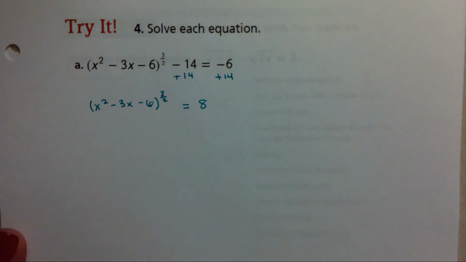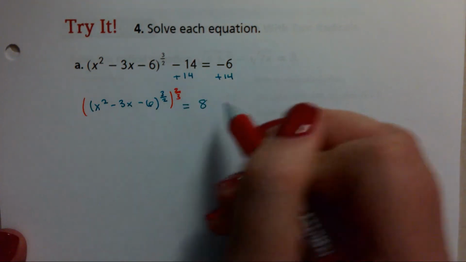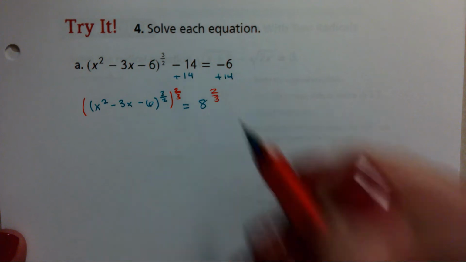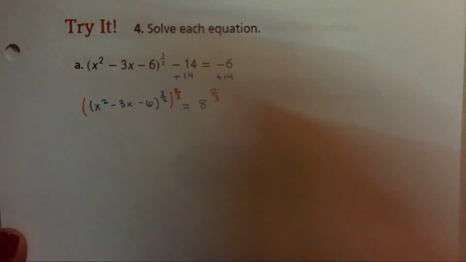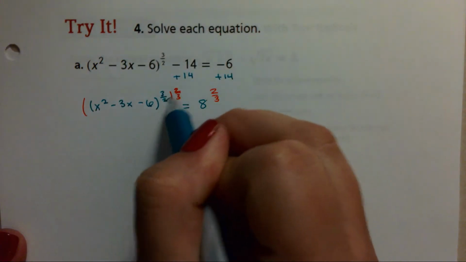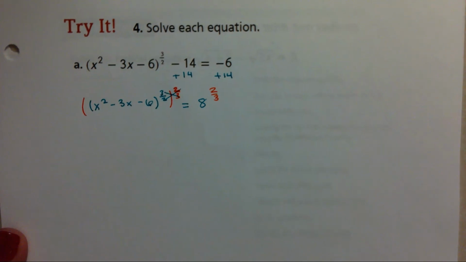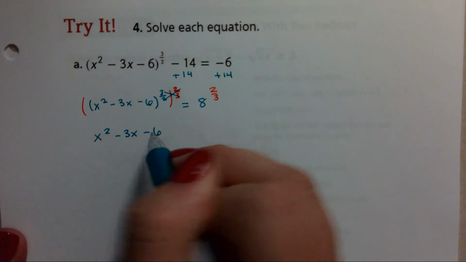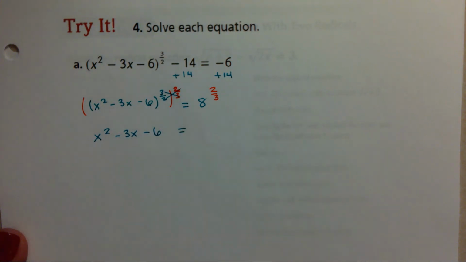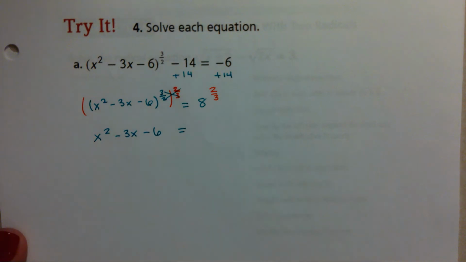And now I'm going to raise both sides to the reciprocal power 2/3. And so over here on the left, 2/3 and 3/2 cancel each other out, because when you multiply them you get 1. And we get x squared minus 3x minus 6 equals 8 to the 2/3 power, which, remember, we